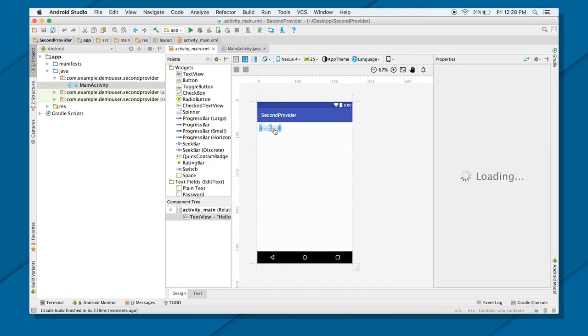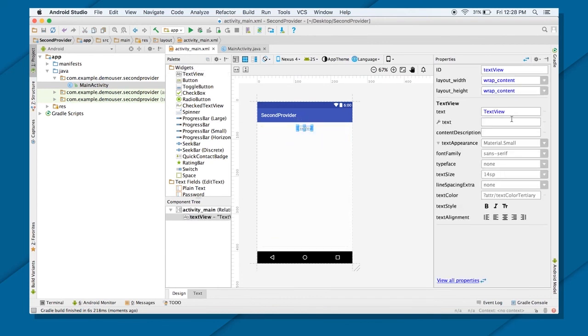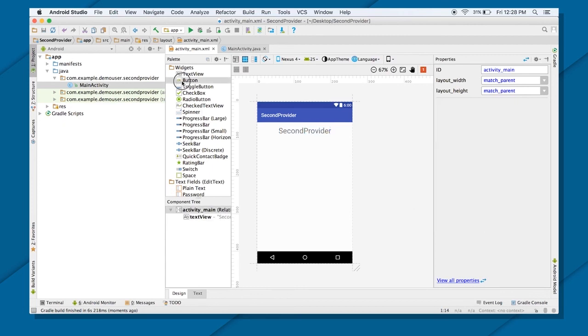Just go ahead and call it second provider, and increase this font size to 30 sp. Okay, now here I will put a button.